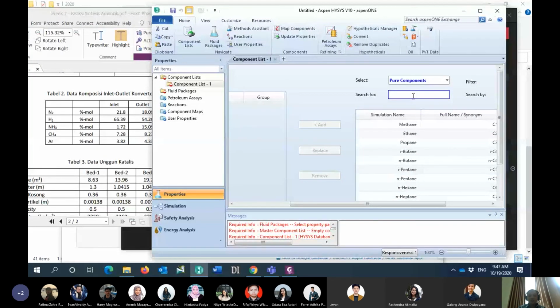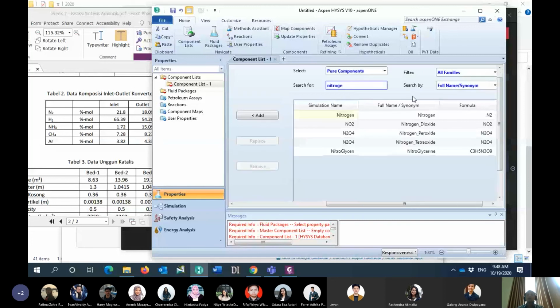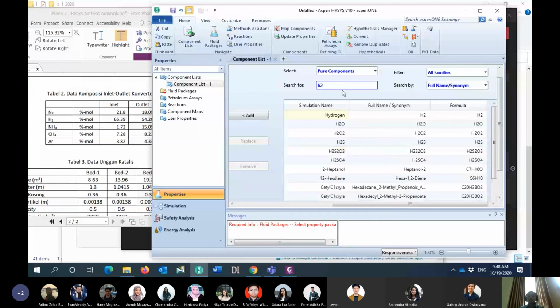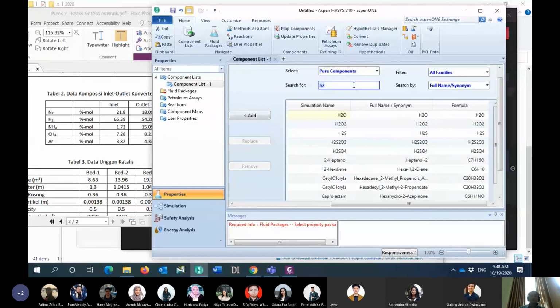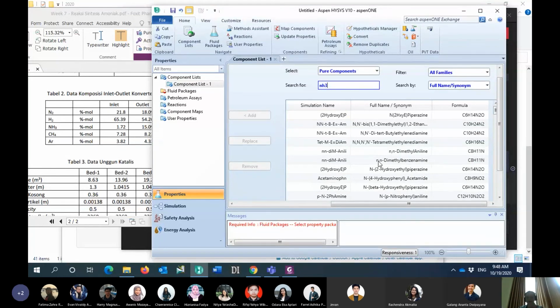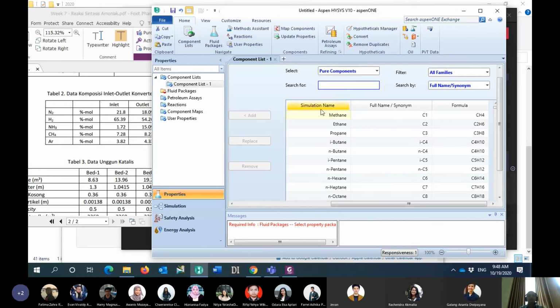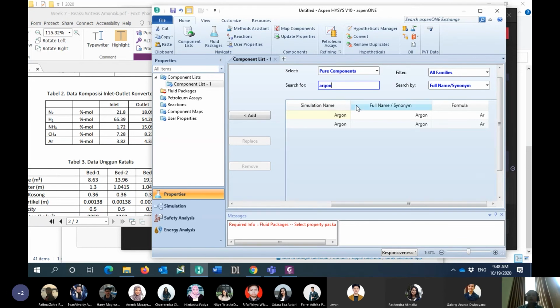So I will start with nitrogen, after nitrogen I will add hydrogen, and then ammonia, and then methane, and then argon as the fifth component.